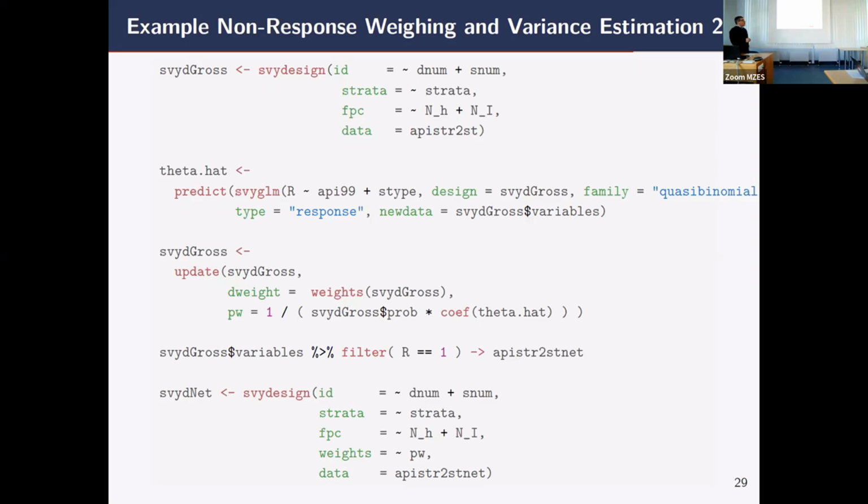Because the survey object knows how many elements are there in the sample from each stratum, so how many PSUs are there from each stratum, and it knows the size of the PSU. Everything else besides, it assumes that it is a simple random sampling with stratification at the first sampling stage. So districts are sampled from strata by simple random sampling without replacement. So the information is there to compute the inclusion probabilities and therefore the design weights